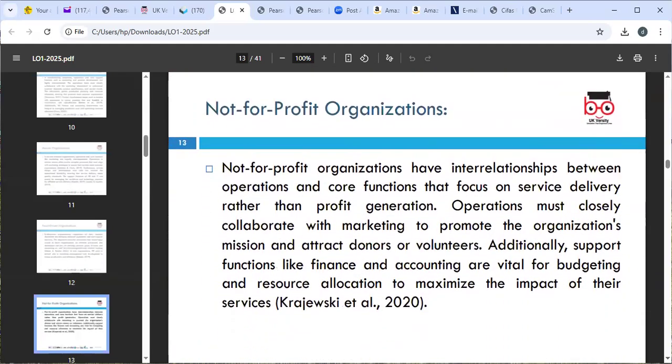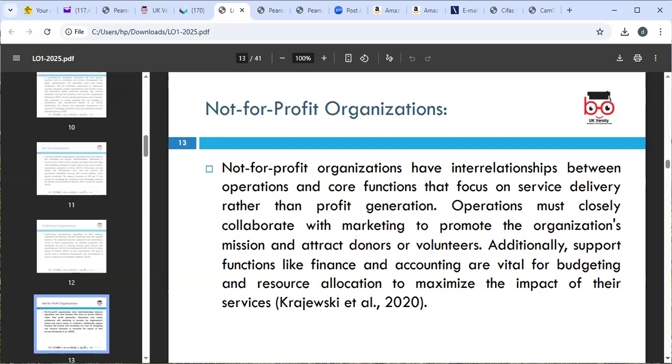Non-profit organizations, that's what we call the NGOs. The non-profit organizations have interrelations between operations and core function that focus on service delivery rather than profit generation. Operations must closely collaborate with marketing to promote the organization's mission and attract donors or volunteers. Additionally, support functions like finance and accounting are vital for budgeting and resource allocation to maximize the impact of their services,